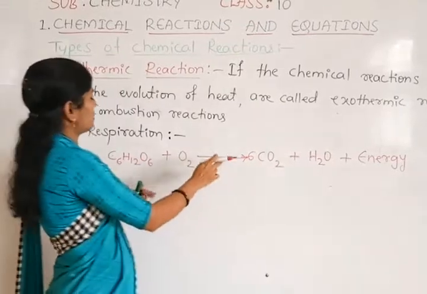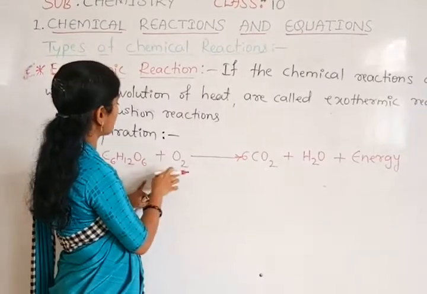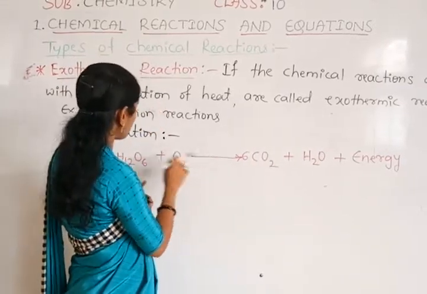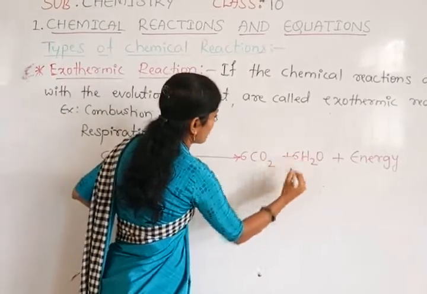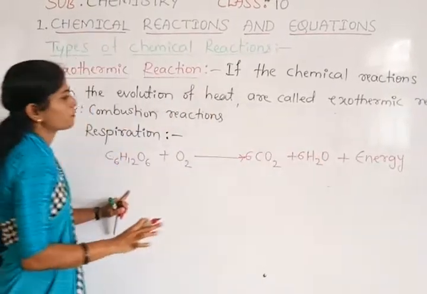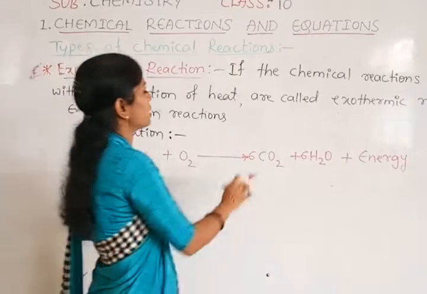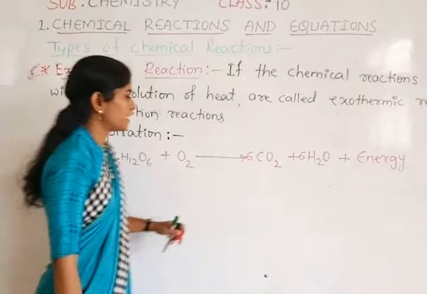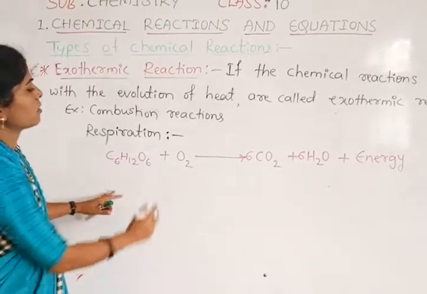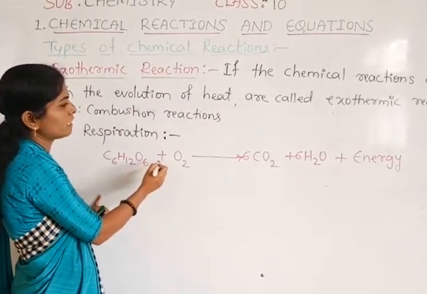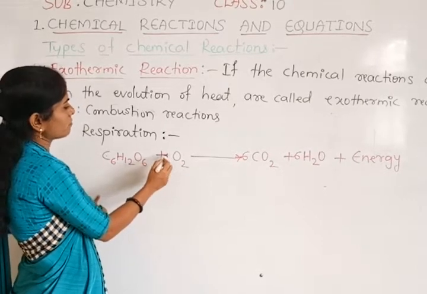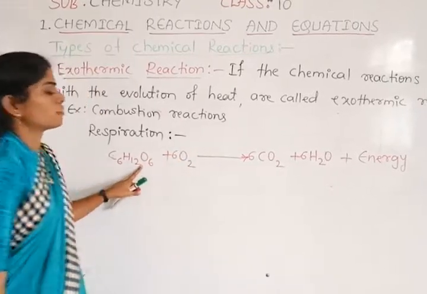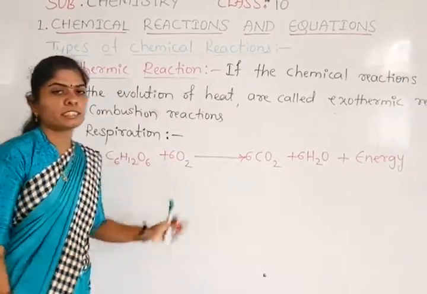Here the 6 and only 8 oxygen are there. How many are there now? Next we can balance hydrogen first. If I multiply with 6, hydrogen also gets balanced. Now what is the total number of oxygen here? 6 2s are 12, 12 plus 6, how much? 18? Yes. How can we balance here? Now 6, and here it has to become 12. So here 6 plus 12 is 18.